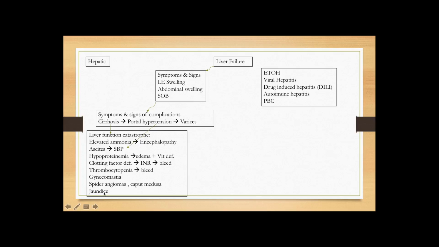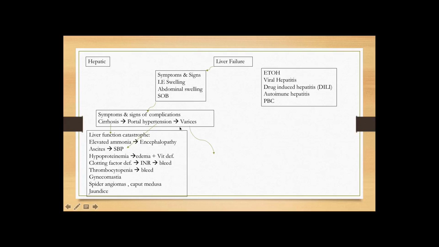And then you have jaundice. Again, this is not a very common feature with cirrhosis, so don't just start thinking that jaundice has to be present. Usually it's actually not present, at least in the early stages, and this happens of course when there is excessive bilirubin because of decline in liver function.